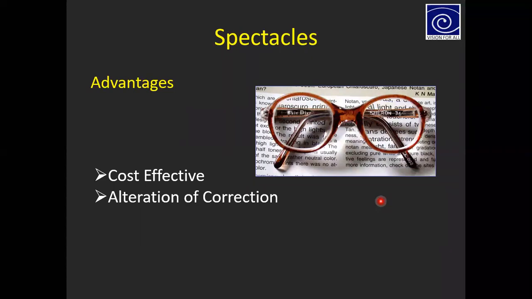Once a child comes, you just have to do a refraction, then you can change the glasses number. It is very easy and cost effective compared to the IOL. Compared to contact lenses also it is cost effective.